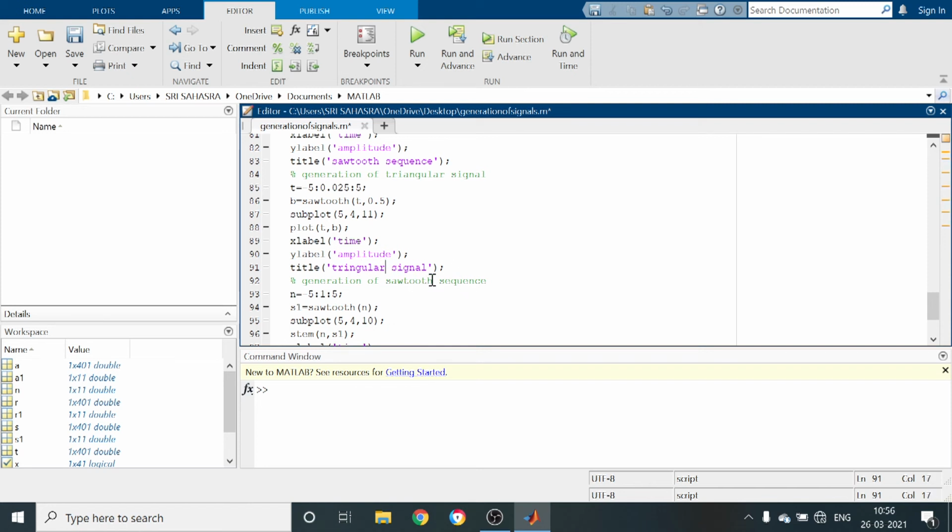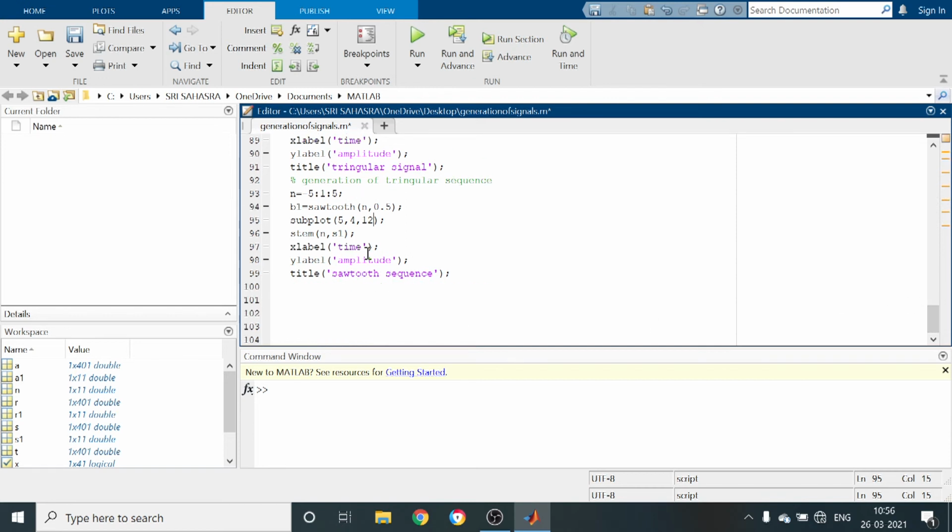So next one is triangular sequence. First I am writing the program, then we will run it. Triangular sequence. This variable I am saving as b1, sawtooth of n comma 0.5. This is the 12th position, n comma b1, stem command we have to use.